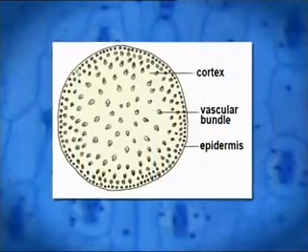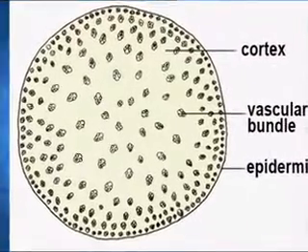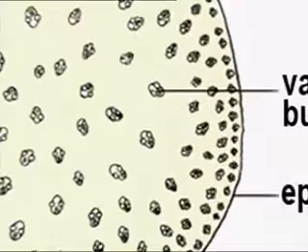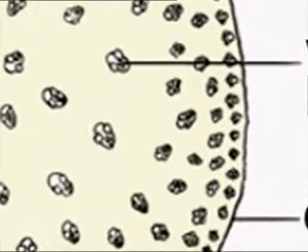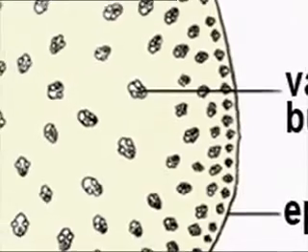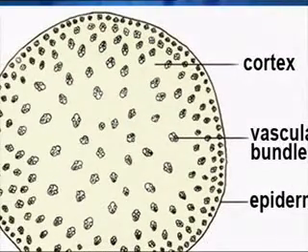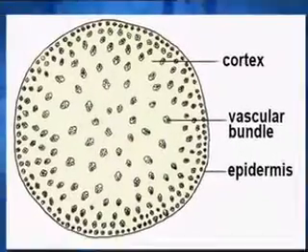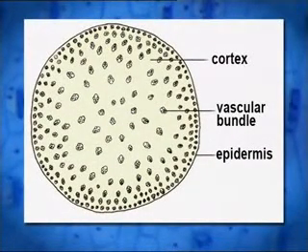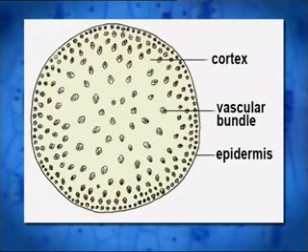The vascular bundles in monocots are found scattered throughout the ground tissue. Monocot stems have most of their vascular bundles near the outside edge of the stem. The bundles are surrounded by large parenchyma in the cortex region. There is no pith region in monocots. The vascular bundles contain no cambium, and consequently secondary thickening does not occur.